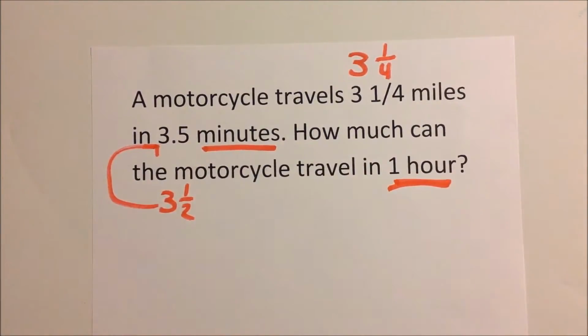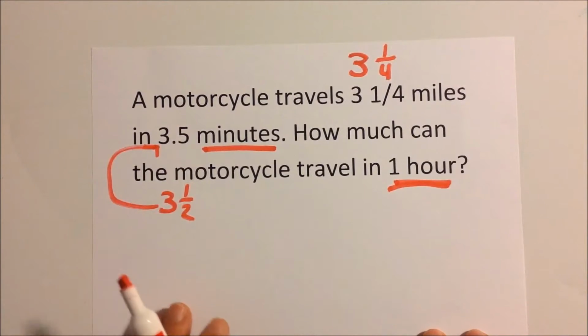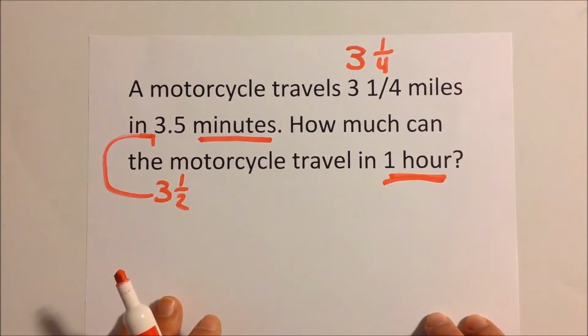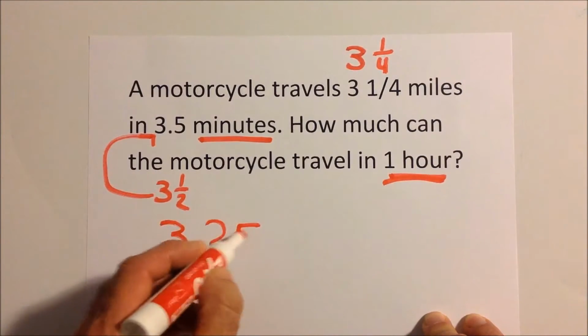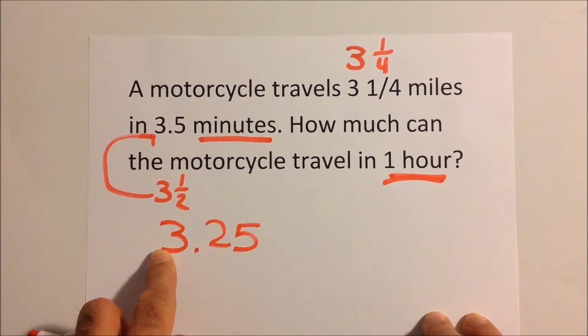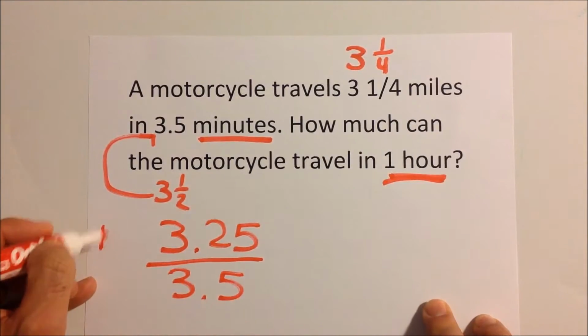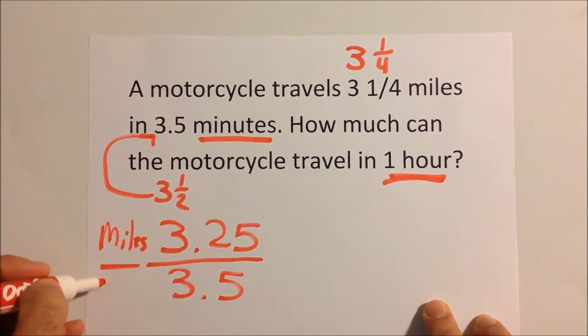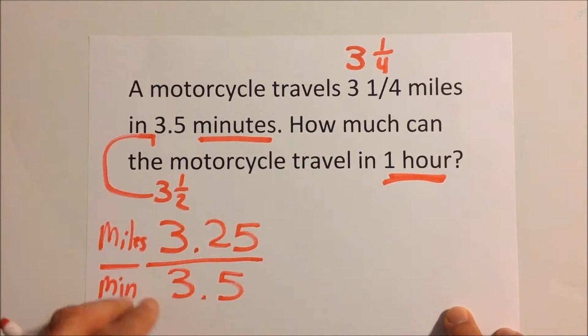So we can do a couple of things here, and I'll show you 2 ways. We can make a proportion, and you should know proportions. Sometimes proportions can help you solve a lot of problems. So what we have right here, we can say 3.25, because that's 3 1/4, or you can just keep it 3 1/4, over 3.5. So what we're doing here, we're doing the miles over the minutes. That's our ratio so far, miles over minutes. Now, you can do it the other way around also. You can do minutes over miles. And we want to make a proportion